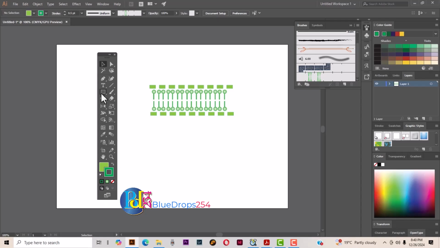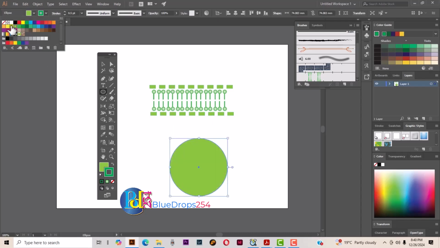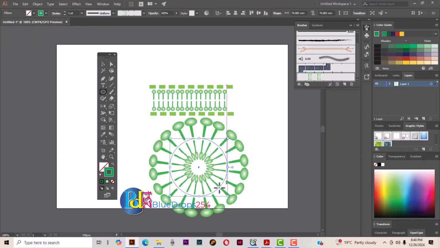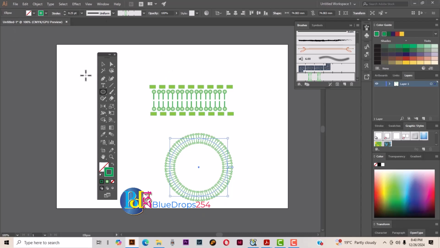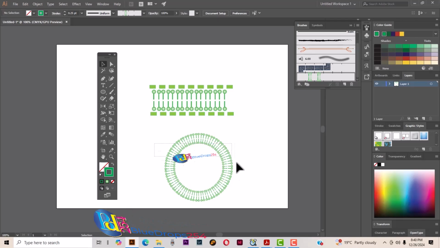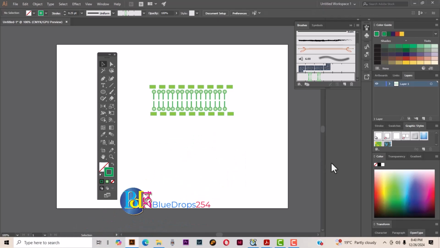You can also use a circle. Just insert a circle like that, and then remove the fill. And then while the circle is selected, click on the brush tool to add this one and reduce the size of the stroke so that you can have another type of cell membrane like that. So the common one in our books is this one. You can group everything,